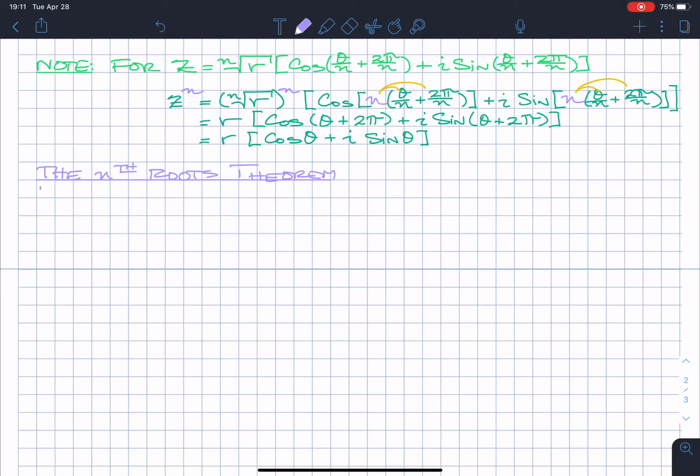So let's let z be r times the quantity cosine of theta plus I times sine of theta, be a complex number. Let's have n be a positive integer and r some real number. It's a modulus. Then